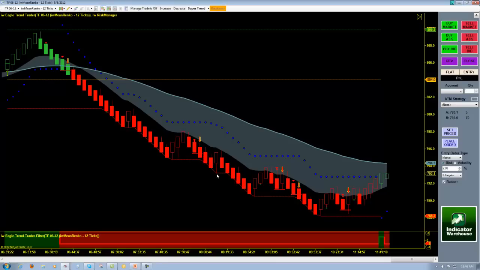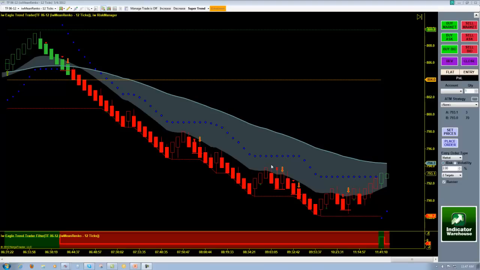Now, this is a Friday. I'm a little bit more protective of my day on Friday, so I opted for break even plus one, but either way, I got out of this trade with 30 ticks and a break even plus one trade. Seeing as how it is Friday, I've already had one nice trade made here on the Eagle Trend Trader. Price continues to move down. Once again, we get a pullback into the band. Now, I'm ignoring this green warning dot because I'm not about to even think about buying into this huge downtrend. Very odd for a Friday.